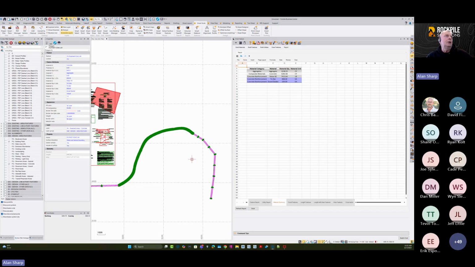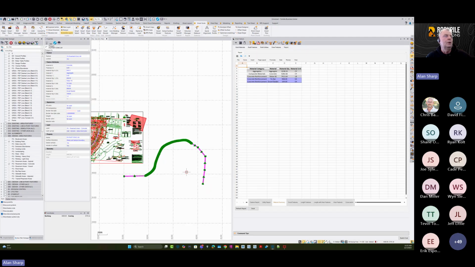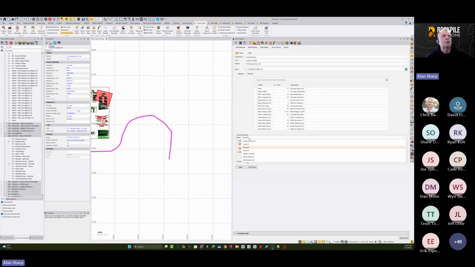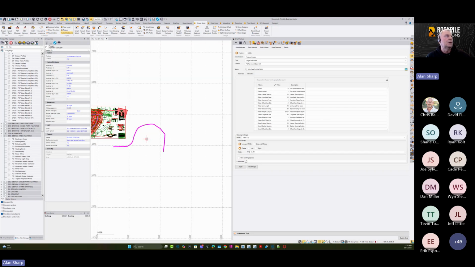Okay, so in here you've got the quantities now, and here now you can see you've got the concrete reinforcement rebar. It tells you how many pounds of steel we need. Tie bars, it tells you how many tie bars you need and how many concrete reinforcement dowel baskets you need to build that pavement section. So as we build these features, you've got these different methods of drawing. So the drawing method, the next one is track, and the track is good for if you do things like,